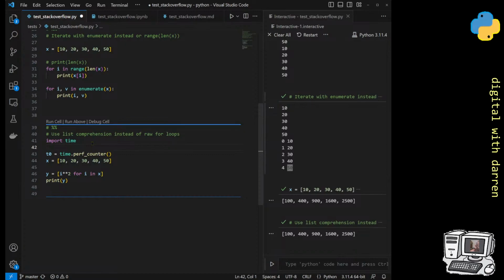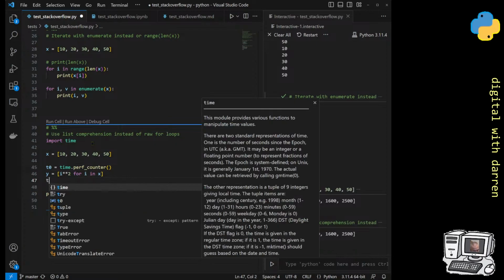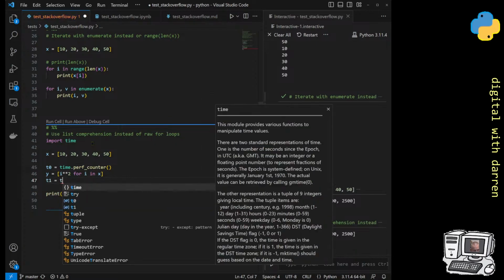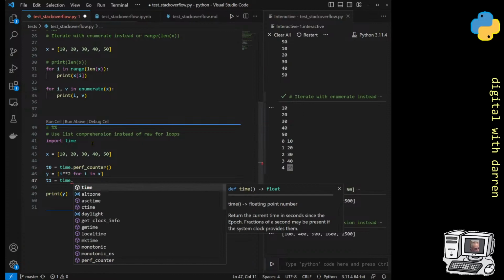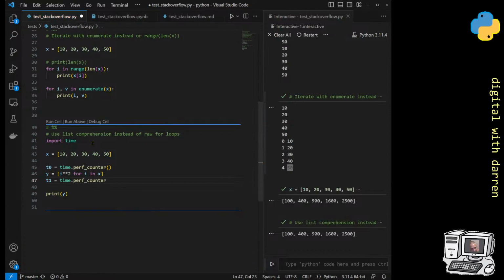This performance counter, I presume it just starts counting from now until the end. I'm not sure why it would be any better. Logically, it doesn't sound like it'd be any better. But anyway, I should really put the counter here because the operation's done over here. t1 equals time dot perf counter. I've never used this perf counter, but obviously the time taken,